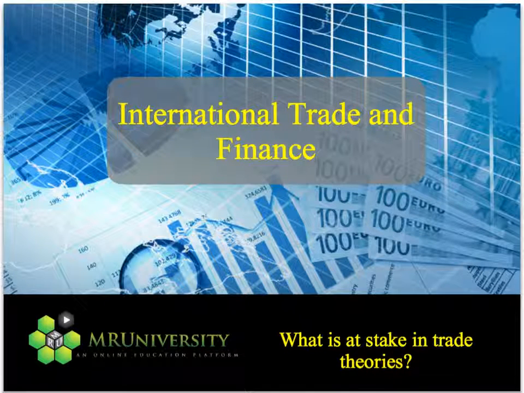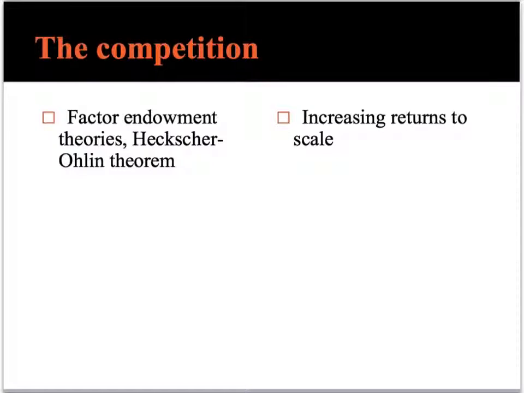Let's now consider what are some of the broader economic and indeed even political and philosophical issues at stake when we examine competing theories of international trade. The relevant comparison here is between two views. On one side of the ledger are factor endowment theories, sometimes known as the Heckscher-Ohlin theorem, and they explain international trade by looking at what factor does a country have a lot of. On the other side of the ledger are hypotheses rooted in increasing returns to scale, and those stress the idea that after a country or region does something for a while, it gets to be very, very good at it.